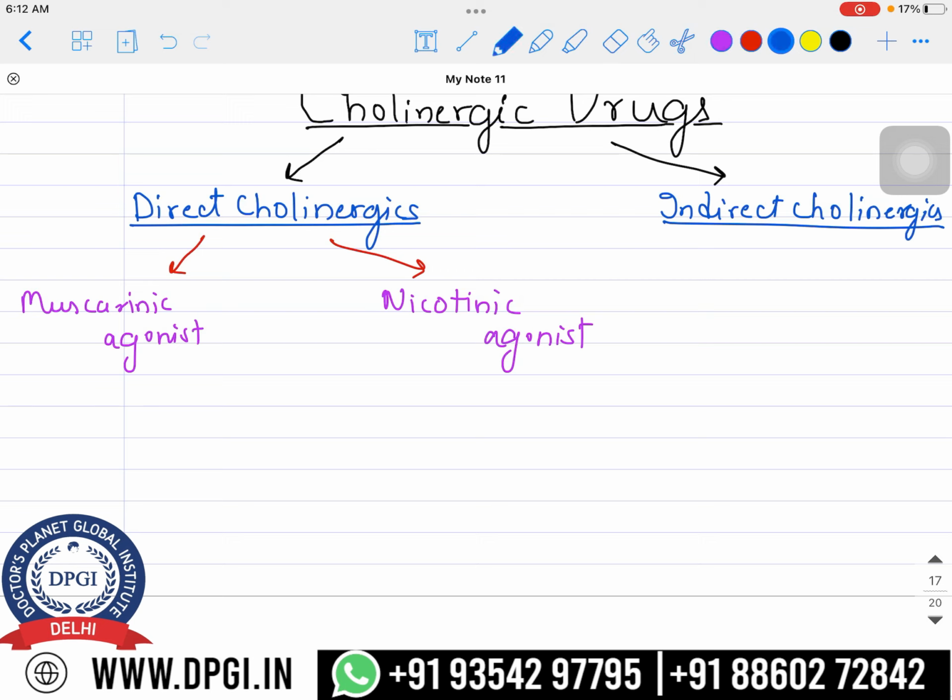In the nicotinic agonist, these days we are not practicing them as such. For example, nicotine, right? We want to reduce the burden of nicotine from our population, like cigarettes and smoking products, which contain nicotine. One more is there, varenicline. These can be used in smoking dependence basically. If you talk about nicotine, there are also nicotine patches which we can use as transdermal patches to avoid smoking dependence.